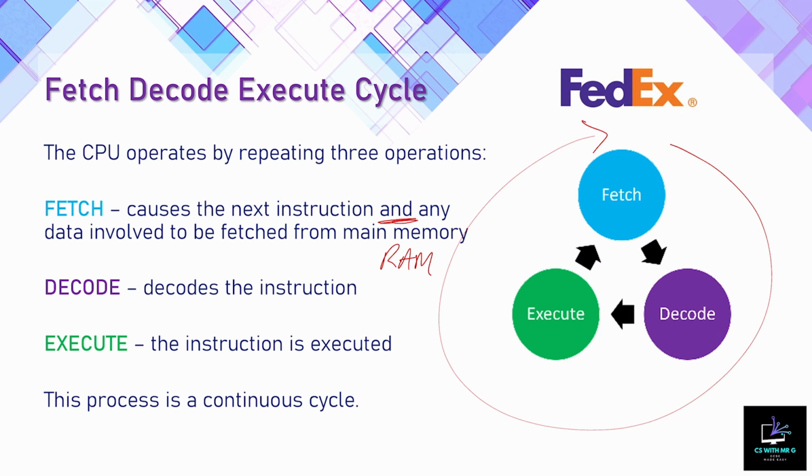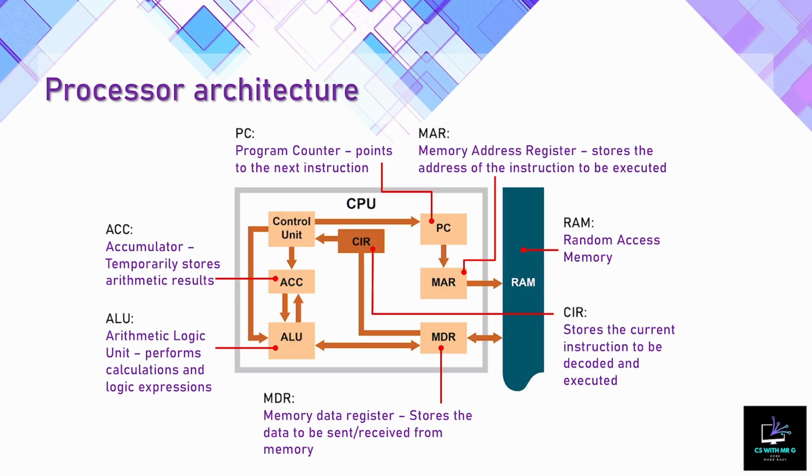But these three steps I'm going to refer to when I explain the diagram that you can see here. So the first thing that happens when the data or instruction is fetched, we start here in the program counter. The program counter points to the next instruction that is going to be executed. The MAR, remember, is the address register. This gets the address from the PC, from the program counter, so that it can go to RAM and go